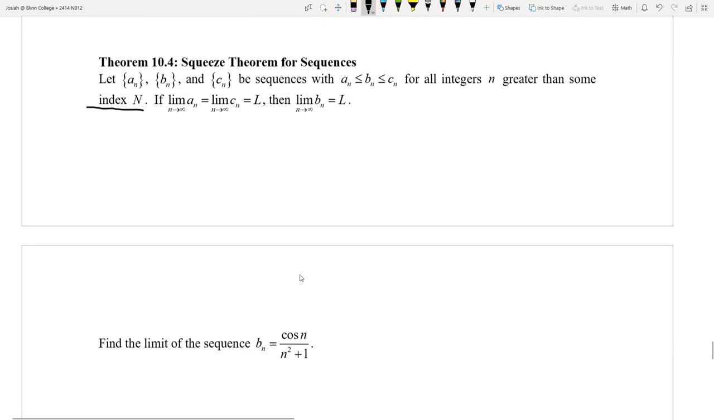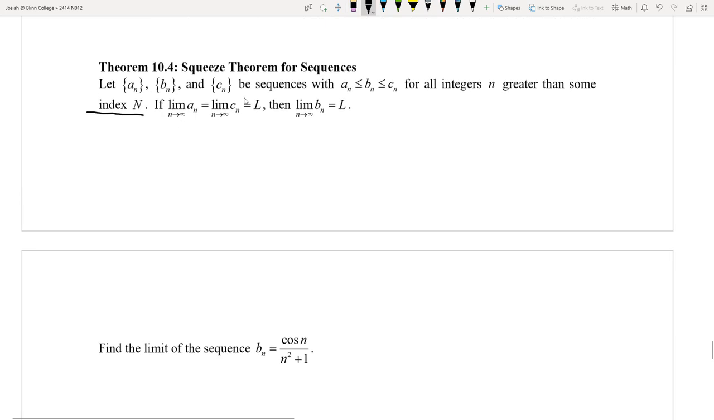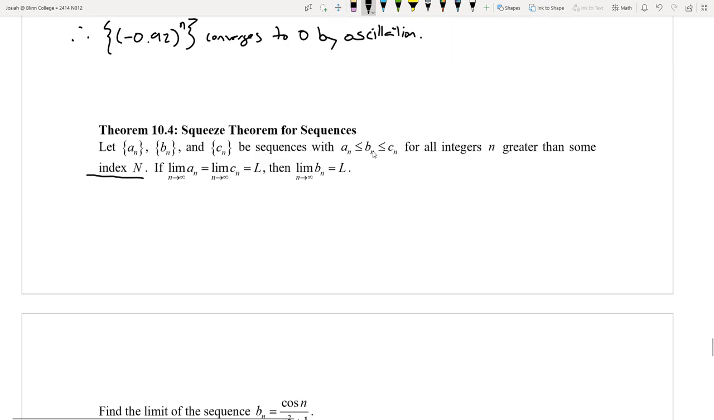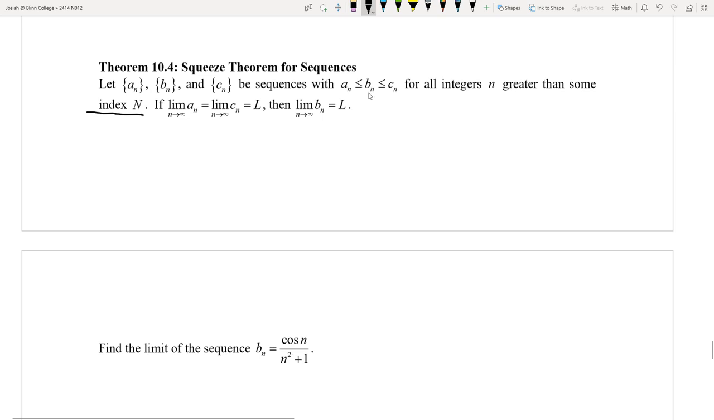Often what will happen for a squeeze theorem problem, in fact most of the time, is we'll have an oscillating trig function, and that's going to be our basis for setting up our inequality. We need to set up this inequality where our b sub n is in between two other values. And for cosine, we have a very clear distinction: -1 less than or equal to the cosine of n less than or equal to 1 for all real numbers. And so that'll be true for all natural numbers as well,